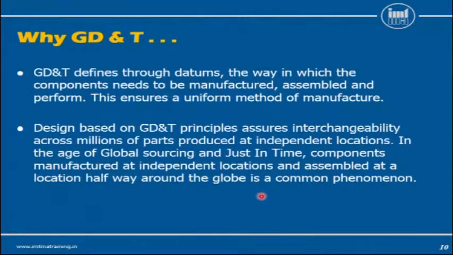Then one more important aspect of GD&T is datums are mentioned clearly in the drawing, which helps in ensuring a uniform method of manufacture. That means the same part, whether it is manufactured in place A or place B or place C, again the interpretation is the same, and the method of designing a fixture, loading a component, machining a component, and inspection and validation of a component are uniform without any ambiguities. Thus, in short, we can say GD&T will ensure interchangeability across the millions of parts produced around the globe today. As all of us will agree, we are living